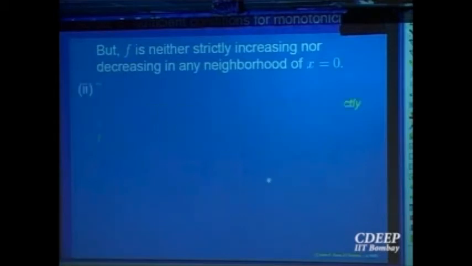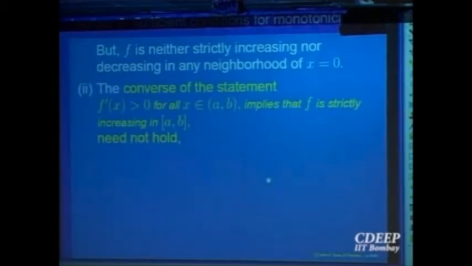Let us look at the converse of the statement. If f prime is strictly bigger than 0, implies f is strictly increasing. This also need not hold. Okay. It need not imply that the derivative f prime will be strictly bigger than 0. Because in the limit, you have seen for sequences also, like 1 over n, something similar happening. All the terms are bigger, but in the limit something can become equal to 0.